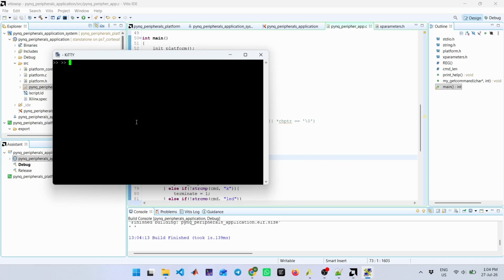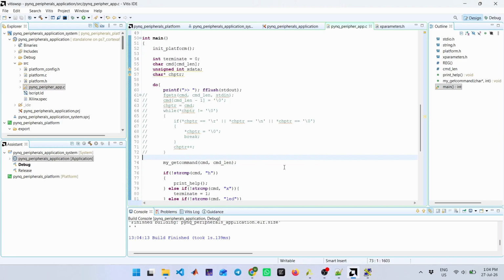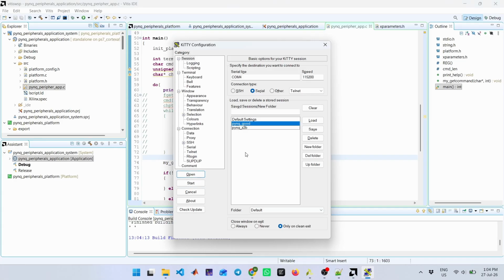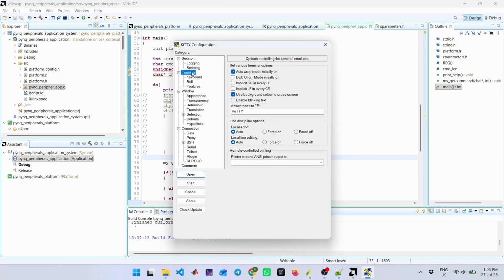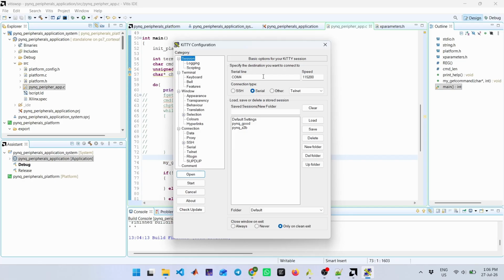So as of now, you can see that the keyboard is not working. Maybe we can check the problem. Sometimes in the connection, when using the terminal, you have to make the line discipline option as local echo force on, and local line editing also force on. And then you have to come to session, COM4 115200, and maybe we can give this setting